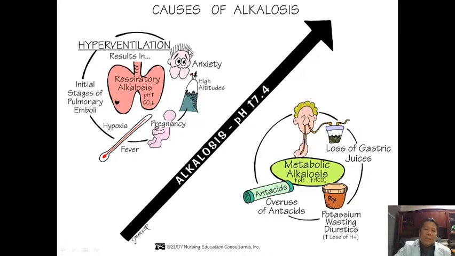So again, in summary, causes of alkalosis: hyperventilation, respiratory alkalosis. If you're breathing too fast, you're losing carbon dioxide, then that can lead to respiratory alkalosis. Initial stage of pulmonary embolism, because the patient will be breathing fast, most likely. Pregnancy. Why pregnancy? Because if the woman is pregnant, then the gravid uterus can impinge on the function of the